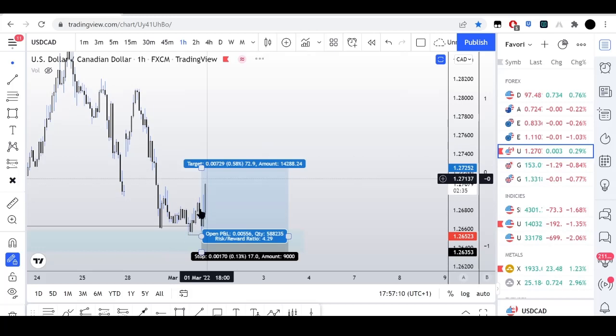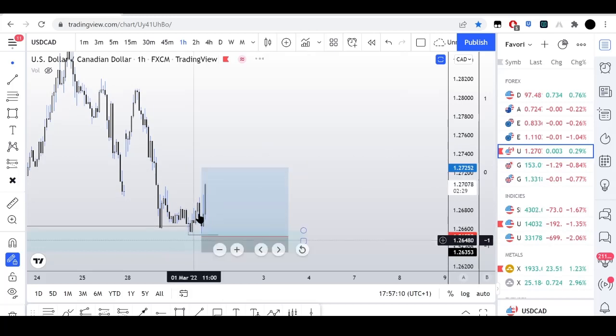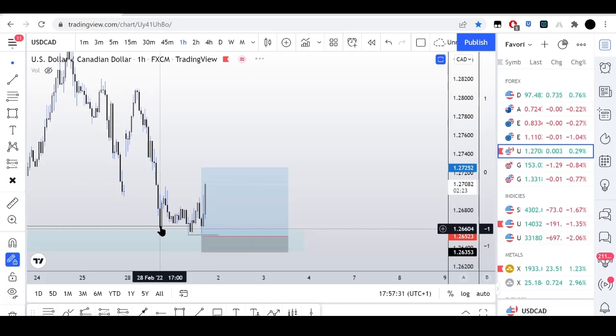I just wish the delivery was different. If this low would have got taken out, I would have been in this. Or if I would have woke up during London, I would have took this. But there's no ifs in this, you know what I'm saying? If this happened yesterday, I would have been in this right here, around my kill zone time. But let's go back to US100.